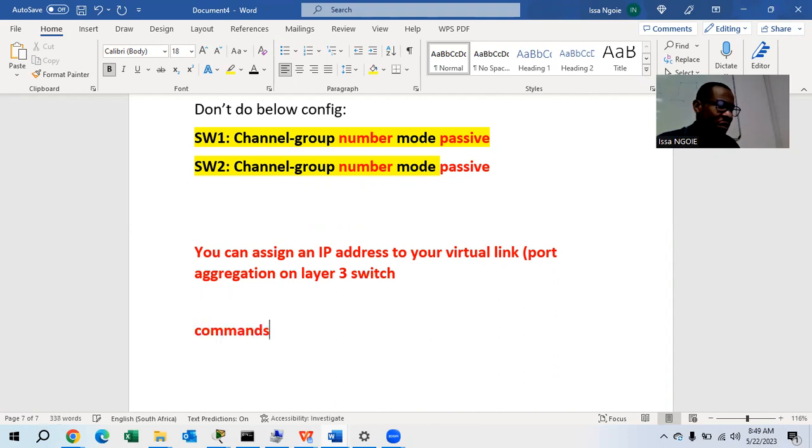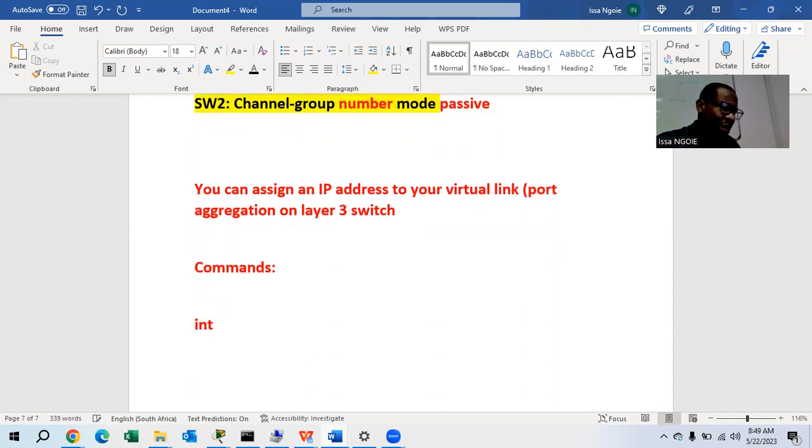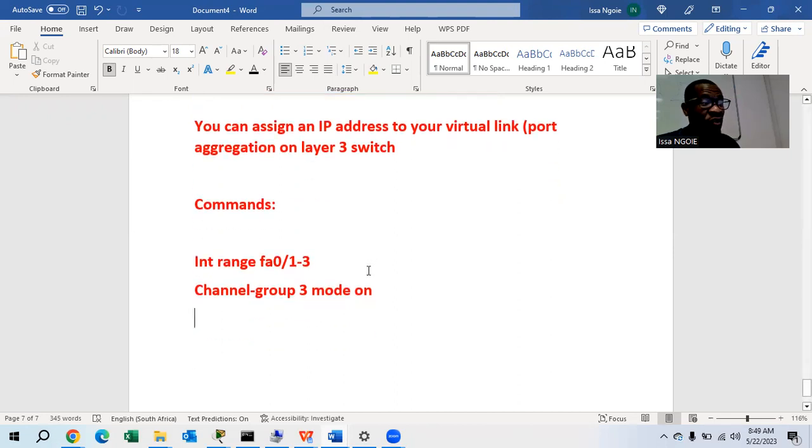So the command will be, maybe it's like interface range, maybe this one, right? Maybe channel-group 3, maybe mode on, right? But you have to say no switchport,